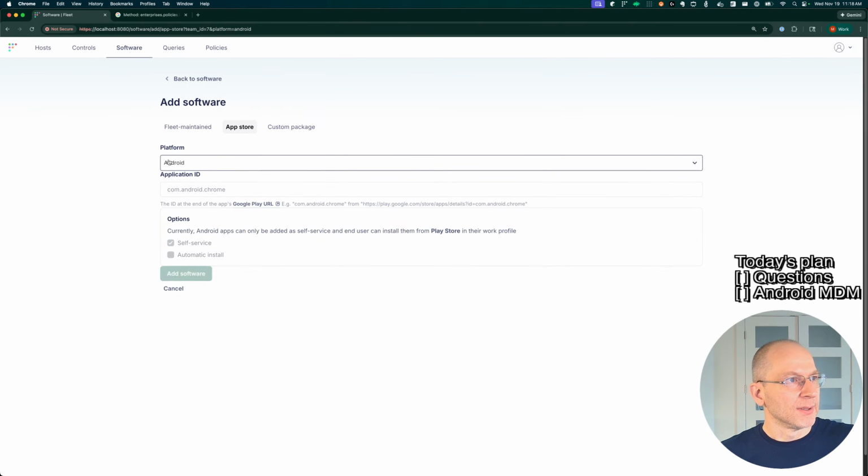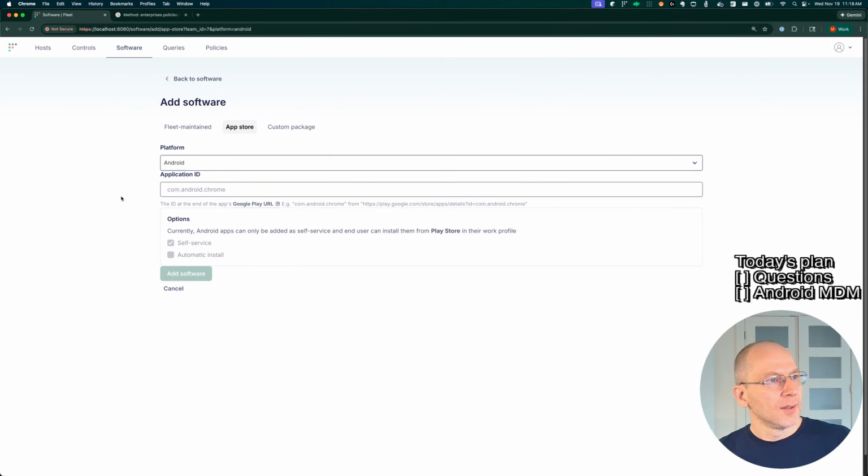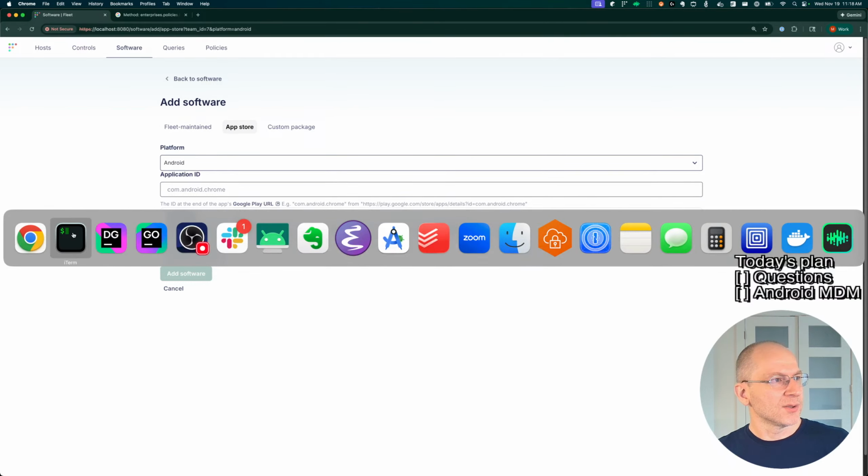App Store. Platform. Android. Application ID. Okay, so the thing I figured out yesterday is there's two things. You've got your Google Play console. Maybe I'll show it later if I need to. But then there's this super secret way to add apps to your enterprise. And in order to find that super secret way,